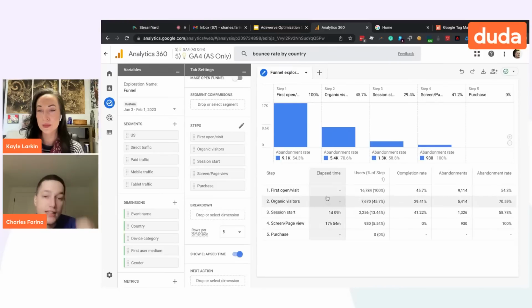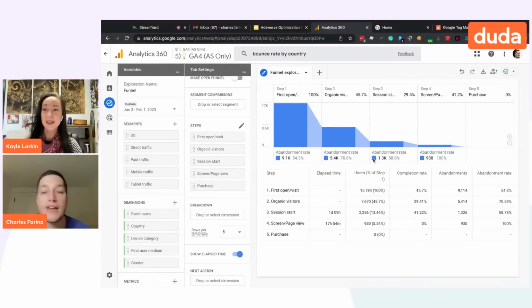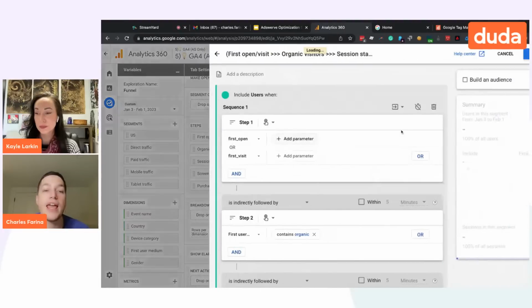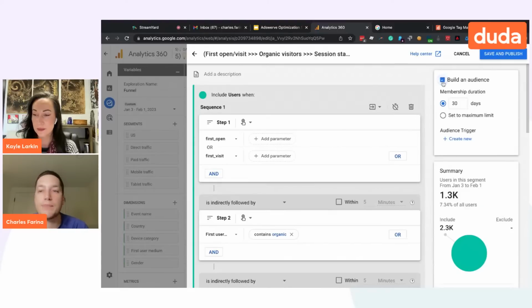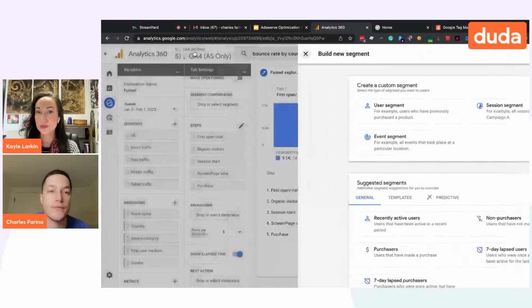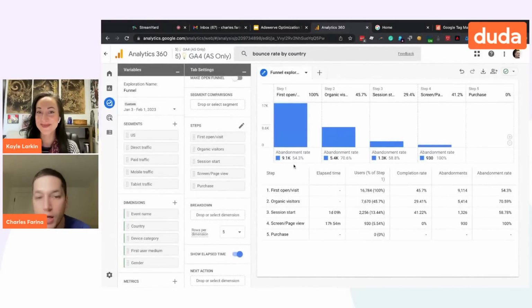By simply checking that, Google will tell you exactly how much time it's taking users to complete each step in your funnel. Additionally, you can create audiences from this funnel. So if I wanted to create an audience of people that left my funnel on the third step, and then I wanted to use that audience to actually remarket to them, maybe in Google Ads, you can do all of that just by clicking build an audience. And then Google Ads will immediately have people that abandoned your funnel available for you to try and serve them some unique ad or offer that you want. So these funnels are super customizable.